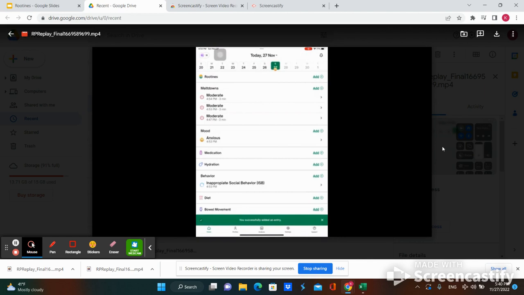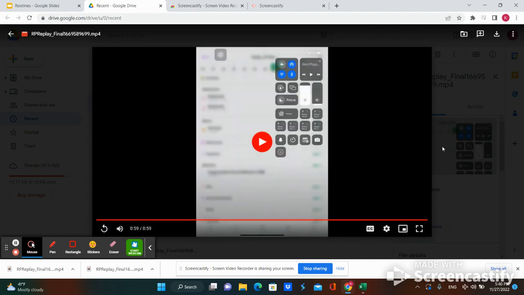And then you have access to the whole entire, everything you wrote. So your notes, when the meltdown occurred, how long it was, and everything like that. So that's a great way that we can track meltdowns that students may have and really just outbursts of behavior. There's a bunch of other things that we can track too.